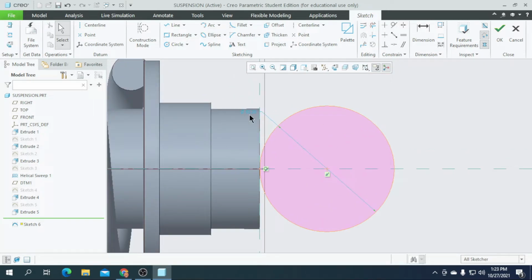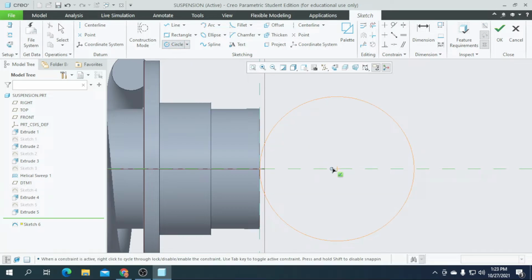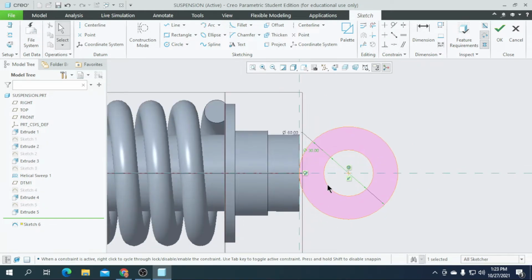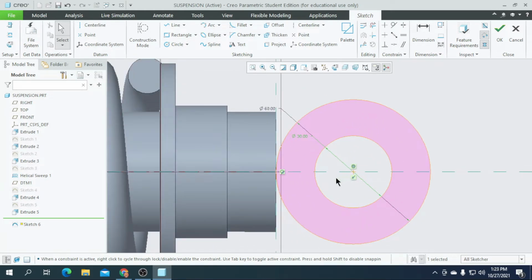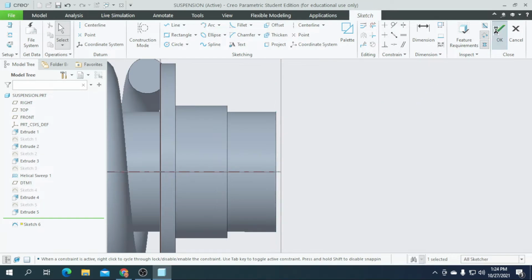And now let's enter the diameter of this circle as 60, and I am going to draw another circle with a value of 30 with the same center point. So then click on OK.